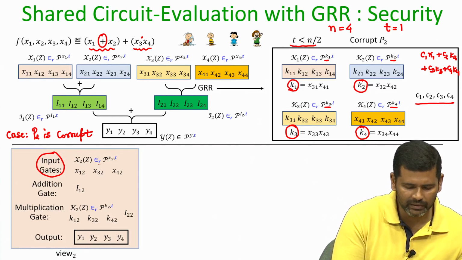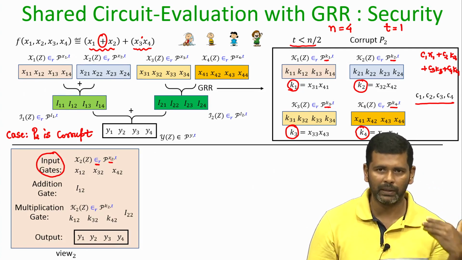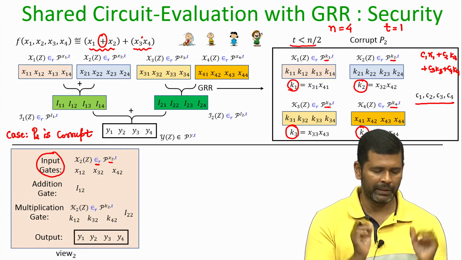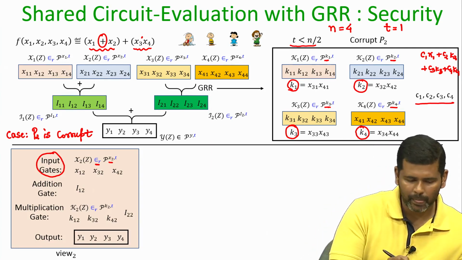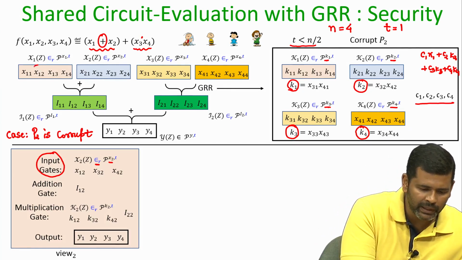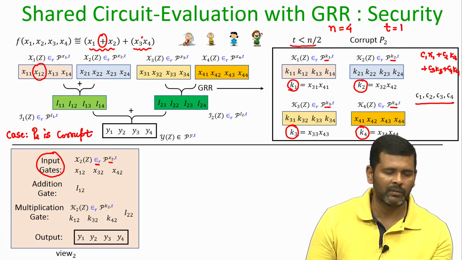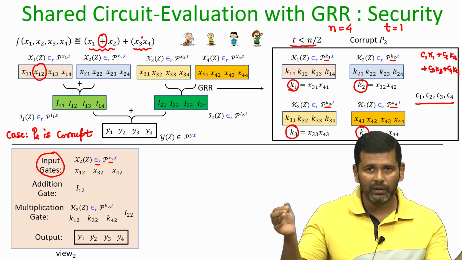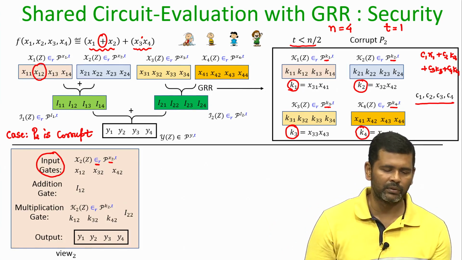It will know that it has picked this random t degree polynomial whose constant term is x2, because P2 itself has selected that polynomial. That is the randomness component of P2 with respect to the input gates. And now, what does P2 learn regarding the inputs of the other parties? For x1 it will know this share x12, namely the evaluation of the polynomial fancy x1 at alpha 2. Of course, it knows the full sharing polynomial through which x2 is shared, so I am not writing it out explicitly in the view of P2.